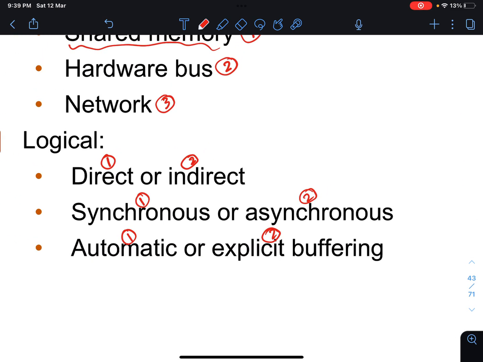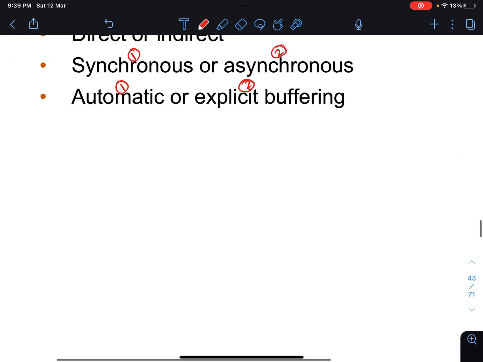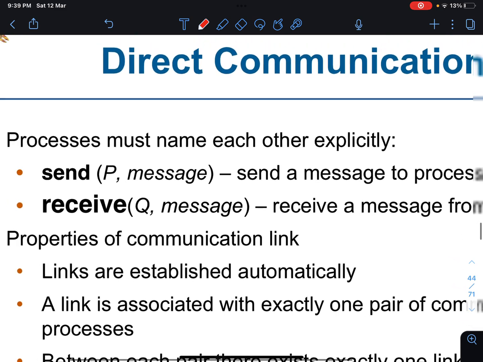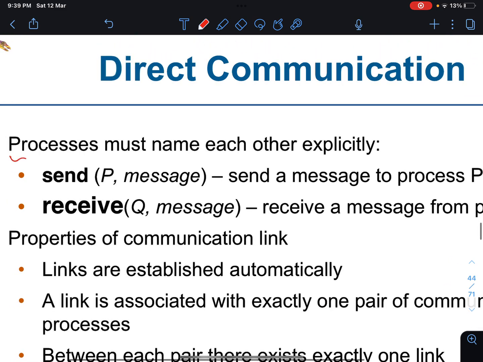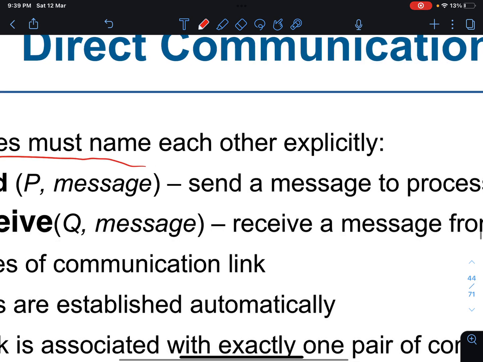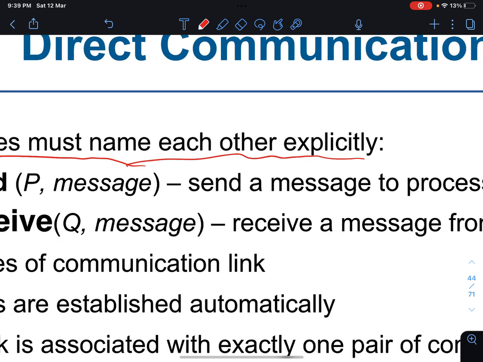Direct and indirect, I will be talking about them now. For direct communication, the processes must name each other explicitly.